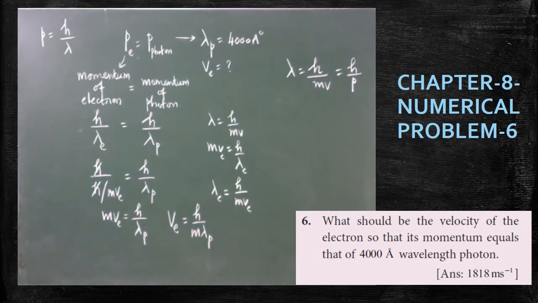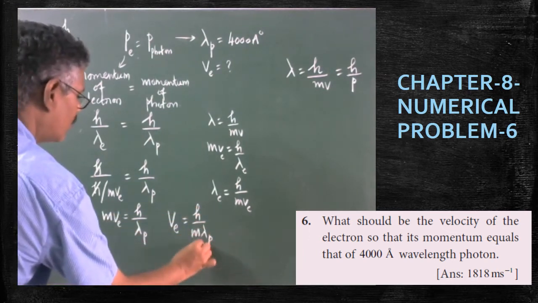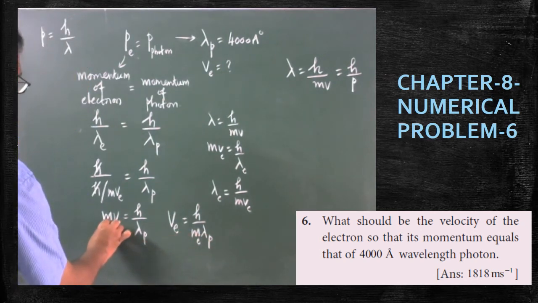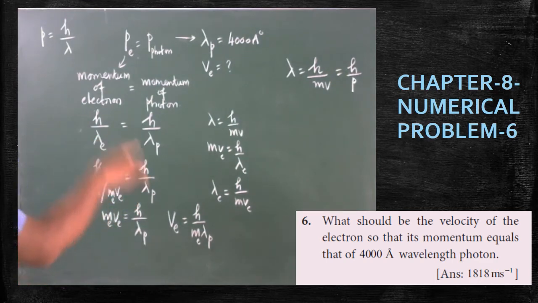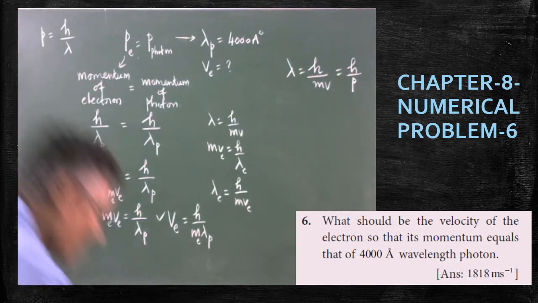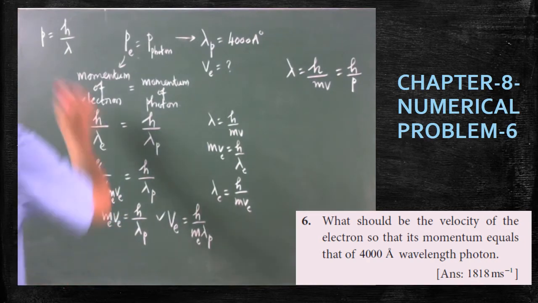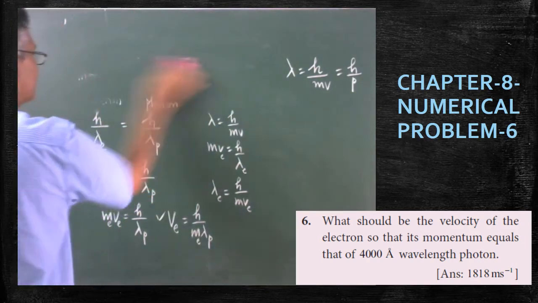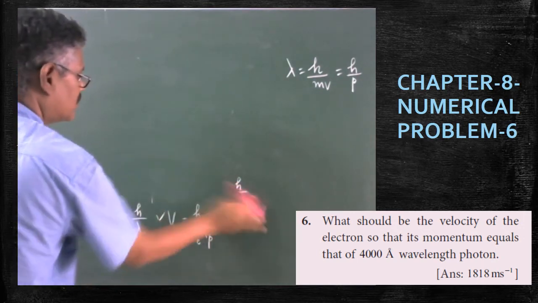First you should know how to derive the formula; only then are we able to calculate. ve is equal to h divided by m lambda p. Here whose mass must be taken? Electron mass must be taken. Are you clear? So with the help of all the fundamental formulas, the required formula is found. Now I will work out how to solve the problem. First we have derived the basic formula, and from it we get the derivation. All values must now be substituted in the formula.